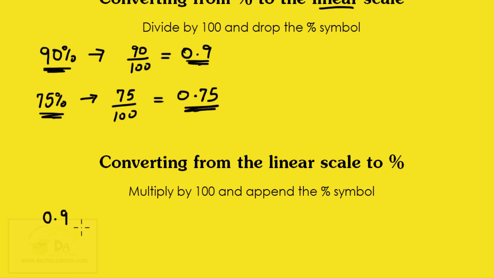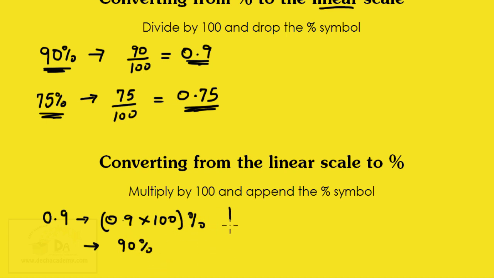To convert it to a probability on the percentage scale, all you have to do is multiply by 100 and append the percentage symbol. Now 0.9 times 100 is 90%,